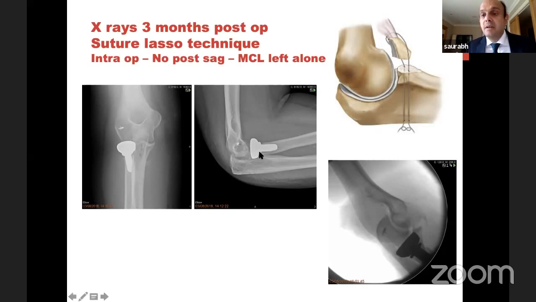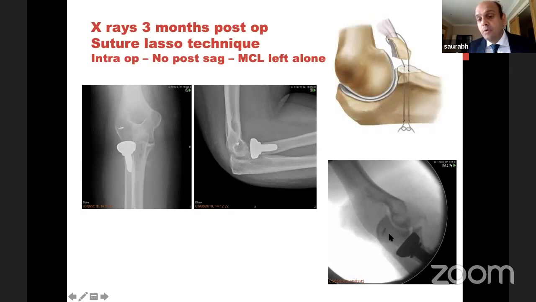That means once I've done my posterior midline approach, inside I've only done a Kocher's approach. Because the radial head all came out, I could see my coronoid from the lateral approach. I did my lasso technique, then I did my radial head replacement, and then finally, with an anchor, I reattached my lateral collateral ligament. Once I've done these three things, I'll do my sag test.